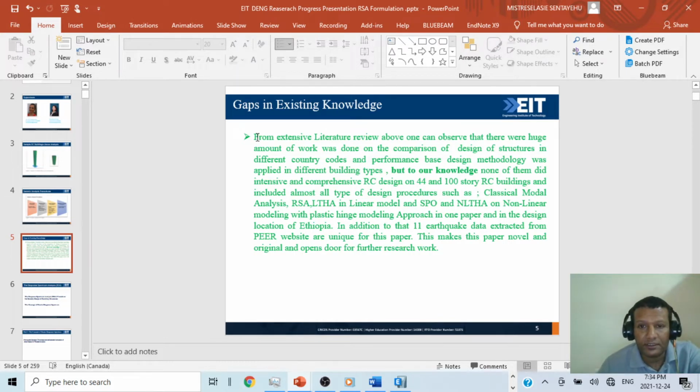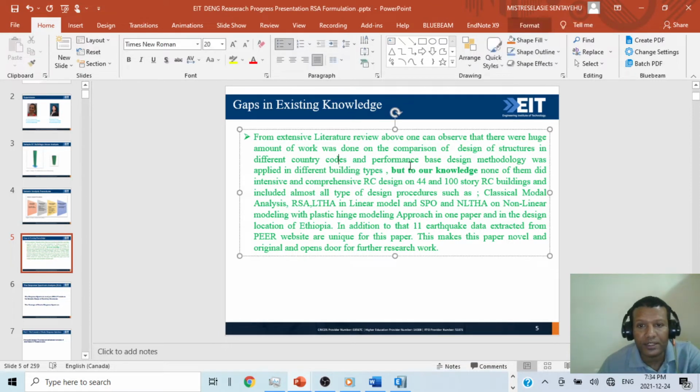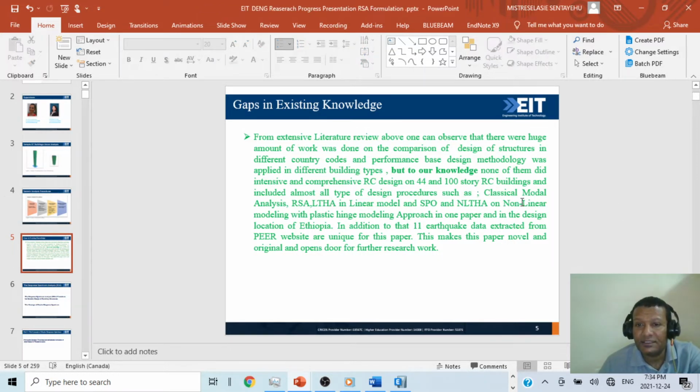A lot of comparison and design works were done, for example with the Indian code and other adopted codes. But to our knowledge, none of them did an intensive and comprehensive RC design on 44 and 100 story buildings, and included almost all types of design procedures such as classical modal analysis, response spectrum analysis, linear time history analysis in the linear model, and as I showed you now,